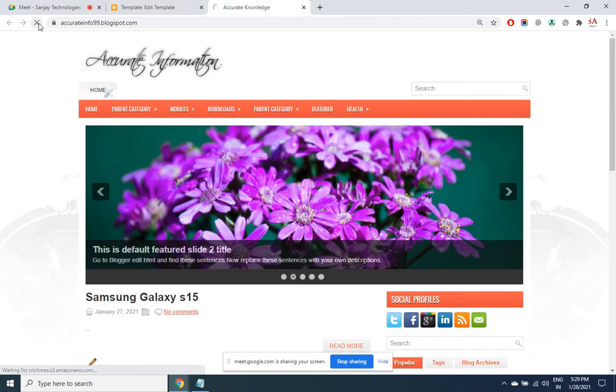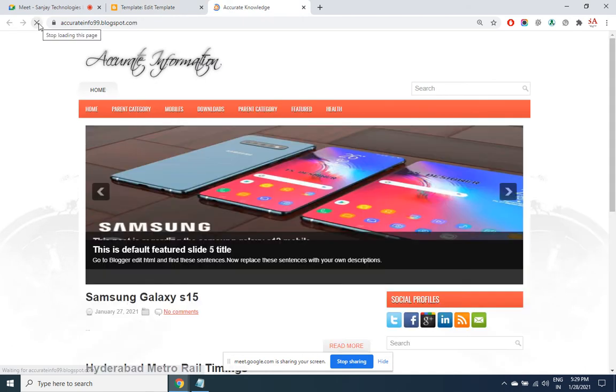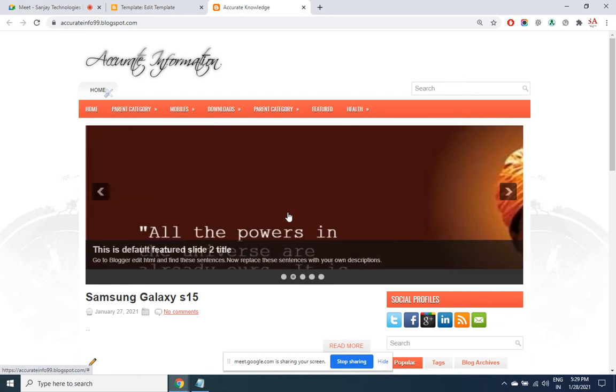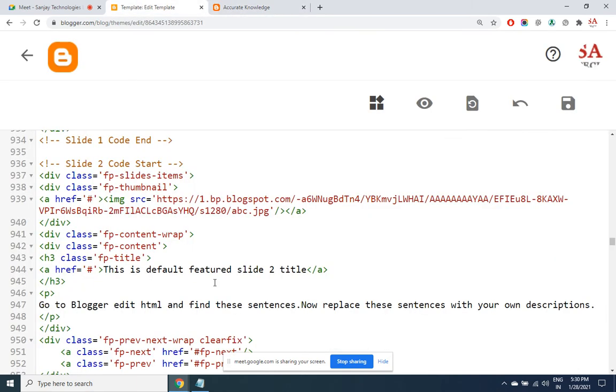Now that I refresh, this way the image is there, but the image we have taken is too big, and the slider dimensions are very small. So what you can do is set the dimensions.